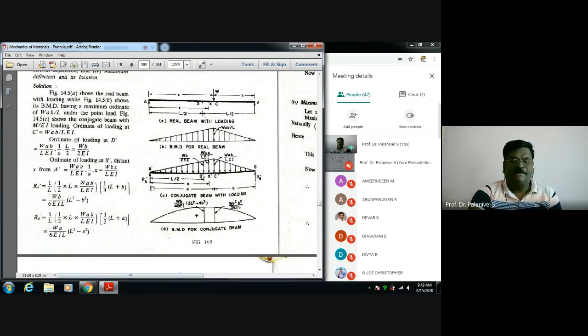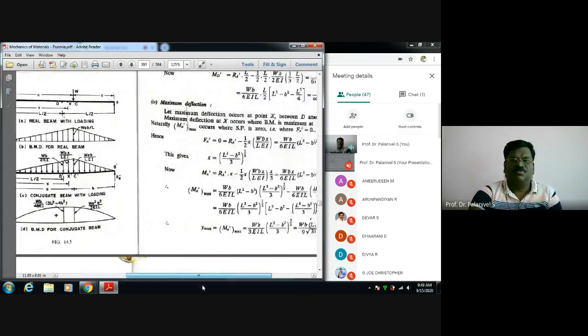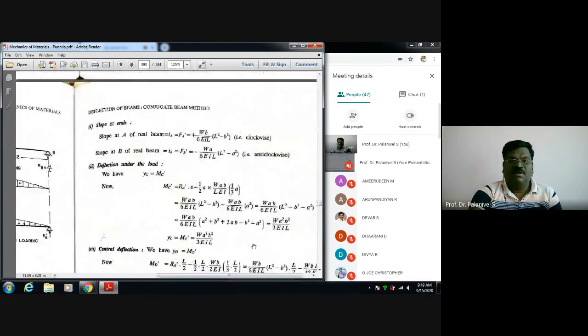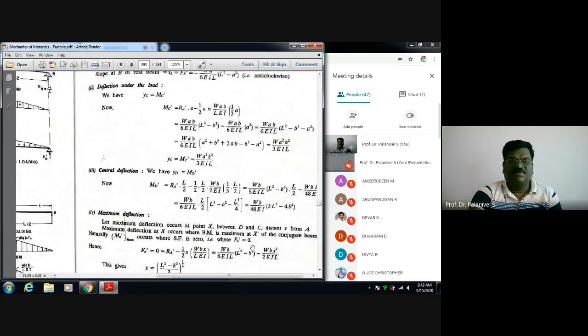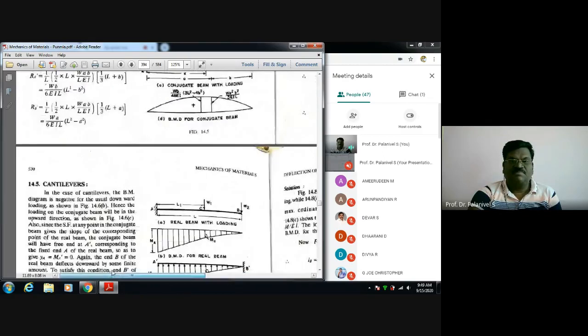Since you are very clear with the concept, hope you all will follow this. You will understand this, right? So you can go through the books. Just we are having a look. What are the items discussed? What are the problems discussed in this kind of textbook? I'm just rushing through.